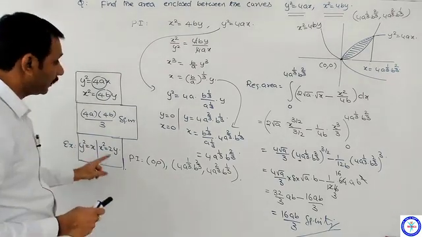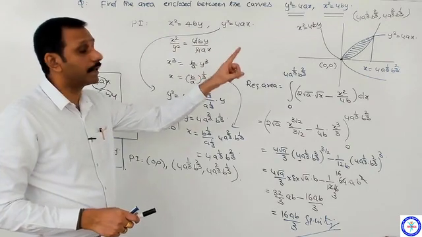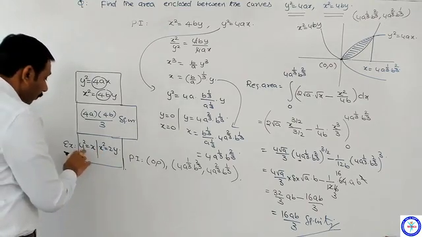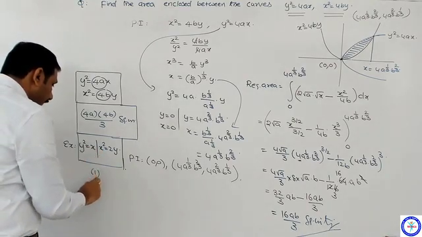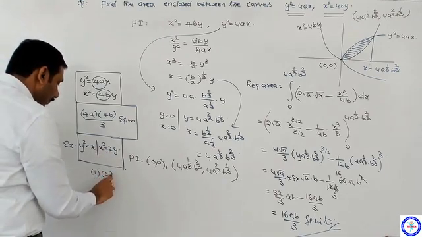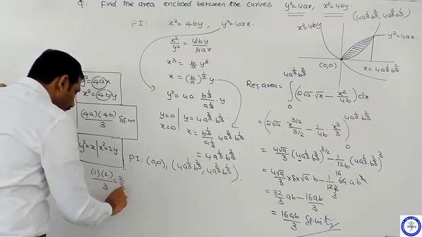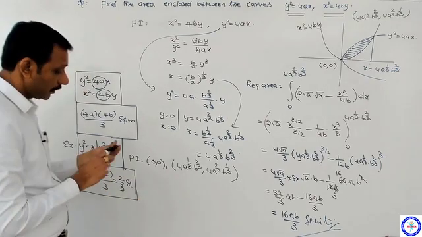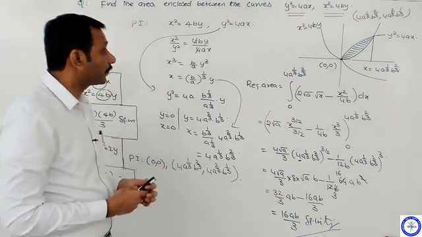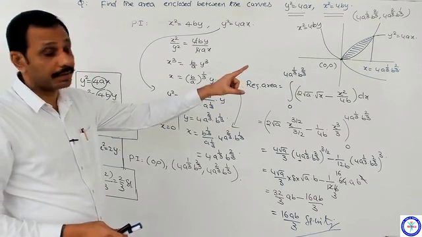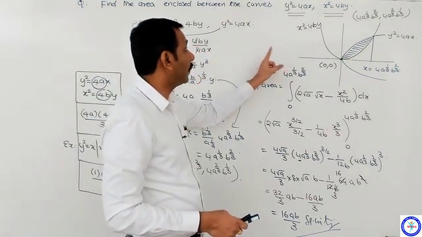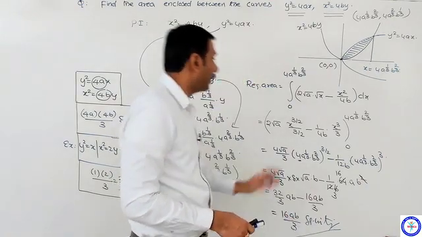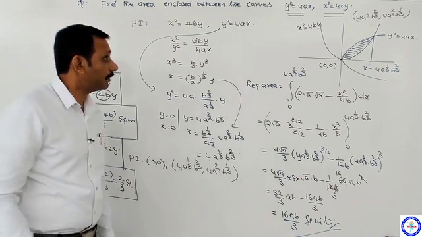Observe whether they are in the standard form y square equal to 4ax and x square equal to 4by or not. Yes, they are in standard forms. What is the latus rectum of this one? 1. What is the latus rectum of the other? 2. So by 3, it is equal to 2 by 3 square units. Please, everyone, remember this as a standard result: the area between these two parabolas, y square equal to 4ax and x square equal to 4by, is 16ab by 3 square units. Copy this one.